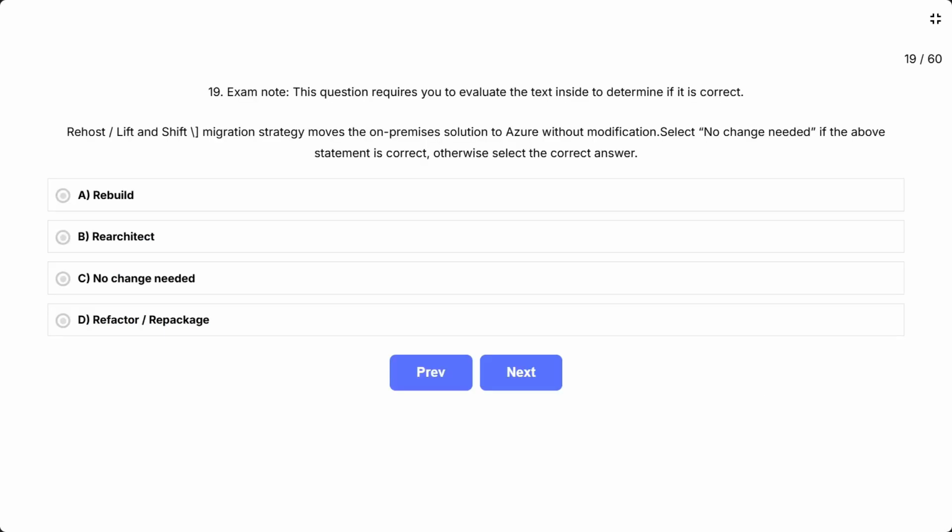Question 19, exam note. This question requires you to evaluate the text to determine if it is correct. Rehost lift integration strategy moves the on-premises solution to Azure without modification. Select no change needed if the above statement is correct. Otherwise, select the correct answer. Options: A, rebuild. B, re-architect. C, no change needed. D,